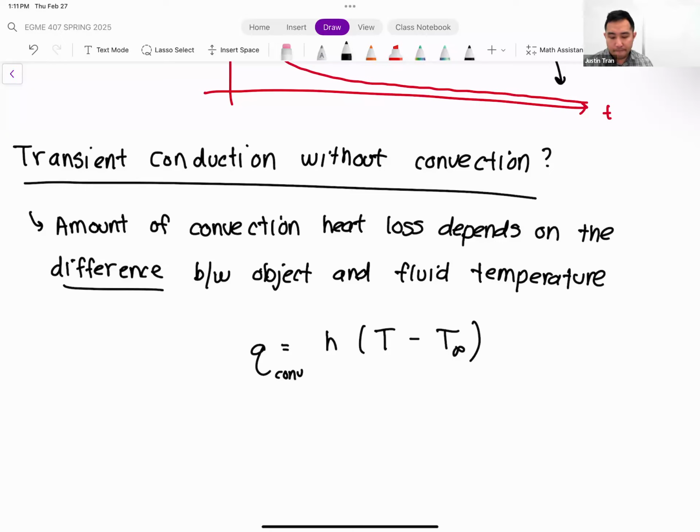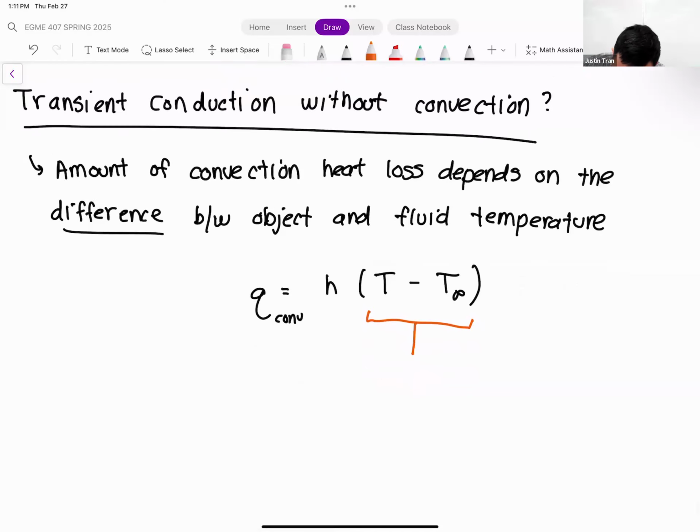So this is actually quite unique, in the sense that as these two get closer in temperature, and with unsteady heat conduction we generally expect that to happen, in most cases, without any thermal production or any kind of specified heat flux, eventually the object and the fluid are going to reach the same temperature. And so as these two get closer,